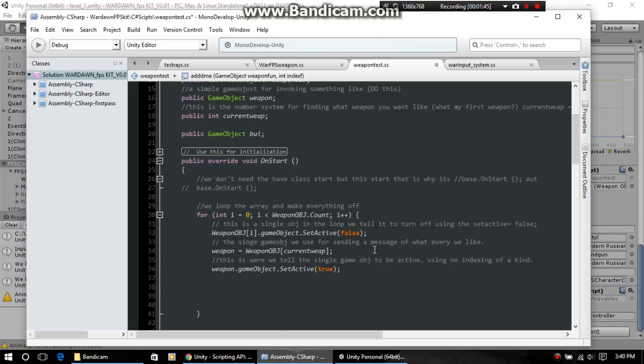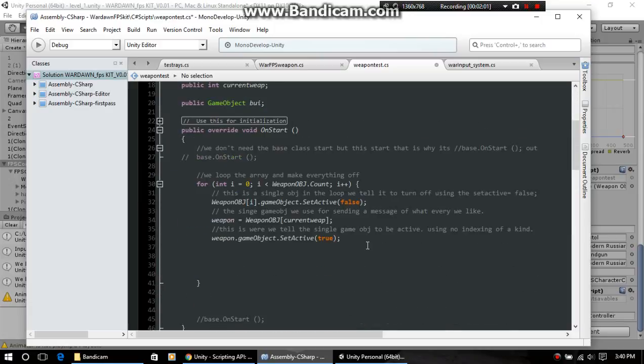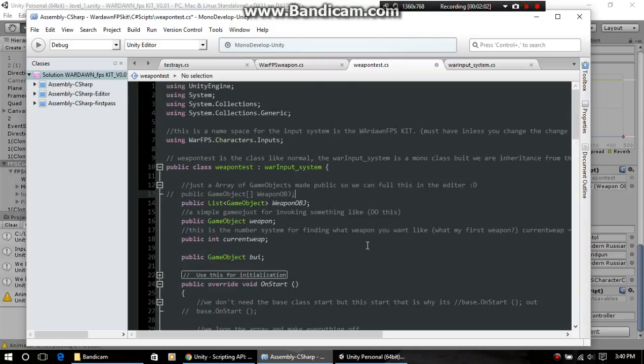We just got to make sure it's working. Now, in our code, you see how I used to have this code right here? Well, this was an array of objects. An array is fixed in C# for this particular thing. You can't add to it. So I left this in, but